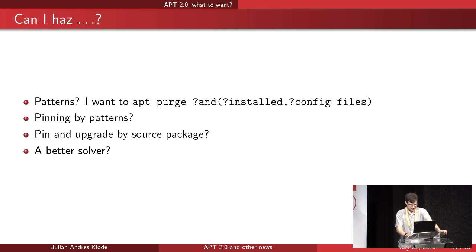Finally, a better solver. I'm sure some of you know that I started working on a solver last year in summer. It was a few nights. It was called Carlel. Kind of lost interest. And one difficulty was to preserve some greediness aspects. Like if you have a package that depends on A or B, you want it to install A unless B is already installed. That's a bit hard if you have a really optimizing solver that works globally. So that's something that has to be worked on.